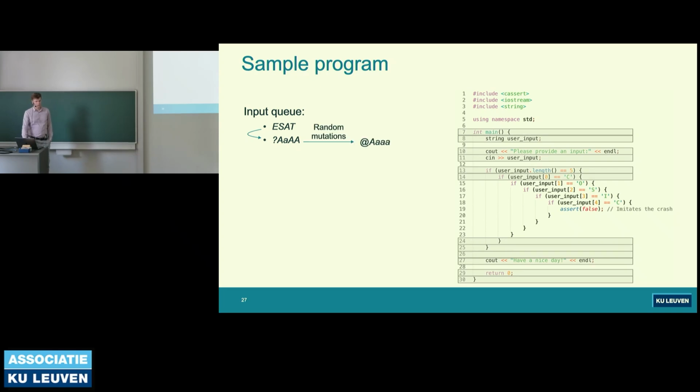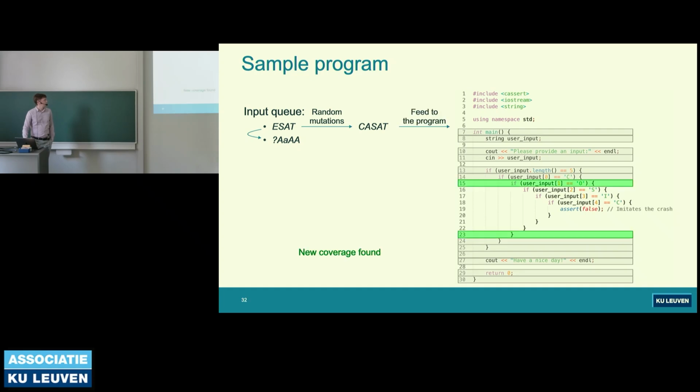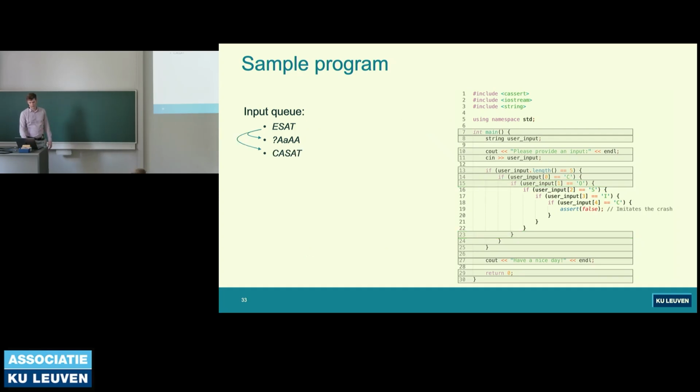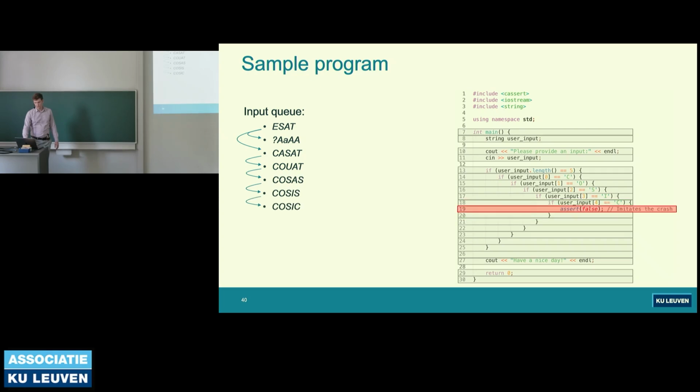Let's say it first tries to use the second seed, gets some new input, again no new coverage. Again, new input, no new coverage. Then it might switch at some moment and generate an input from the other seed. And in this case, we got new coverage on line 15. So basically the check on line 14 has been passed because the first letter is C, and we got new coverage. I think you got the idea. Now this input is again saved as a promising input in the queue, and it continues, and so on. After some time, AFL++ will figure out how to get even further in the code. And eventually, this way, we're going to get the input COSIC